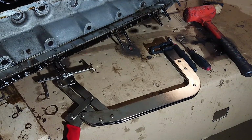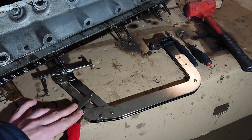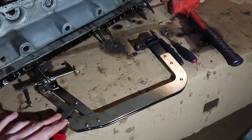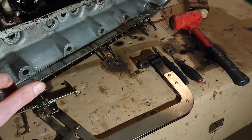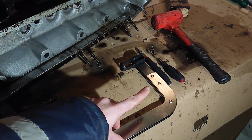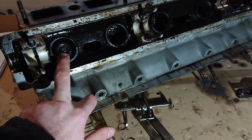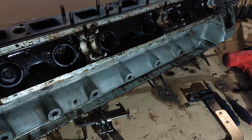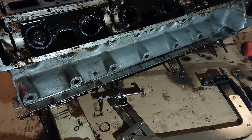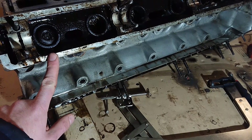When removing valves and valve springs on the XK engine, one of these simple valve spring compressors works just fine. And then I like to have a screwdriver and a magnet to get the keepers out. Sometimes you might need a little hammer just to give the back of this a tap if the keepers are stuck in there and the valve spring just doesn't want to compress down. So I've done a few here already. I'm going to set this up on my last exhaust valve here,